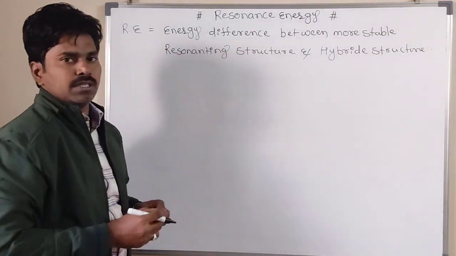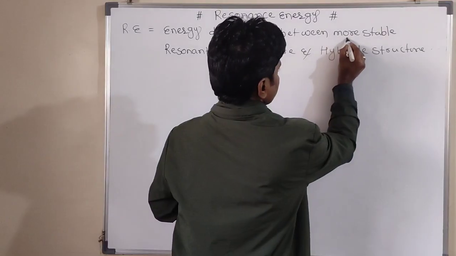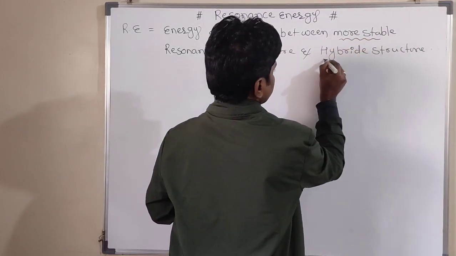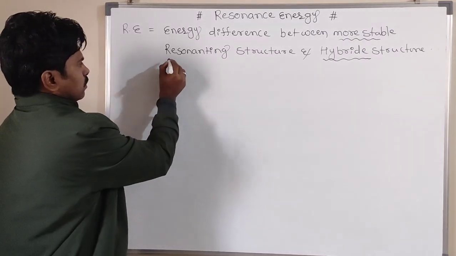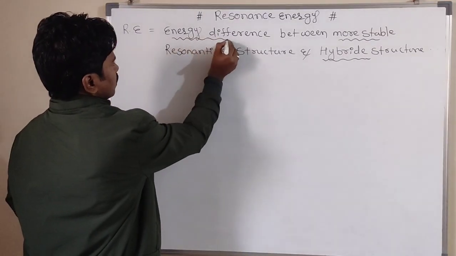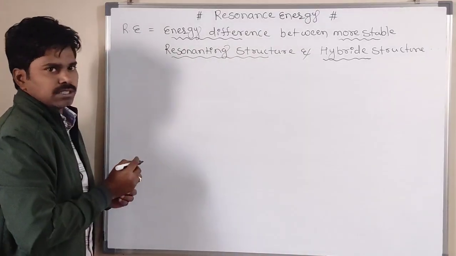So that is called the resonance energy. So more stable resonating structure and hybrid structure, we know that. So the energy difference between the more stable resonating structure and hybrid structure, we say that resonance energy for the